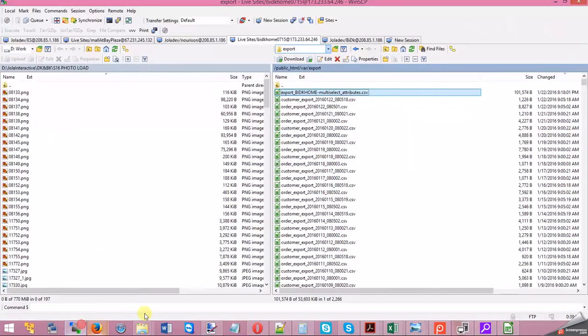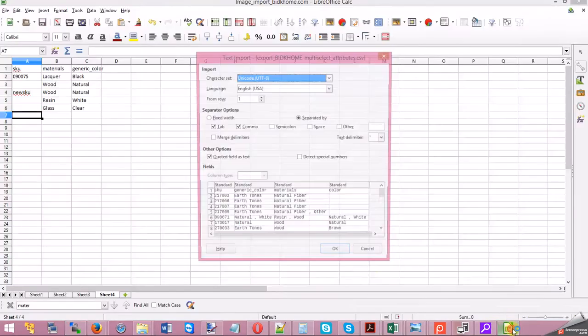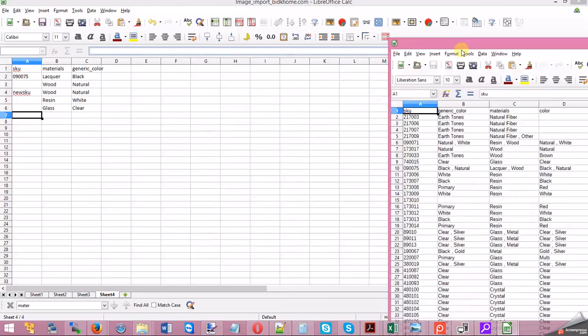Then go to the public HTML var export folder. Find the export BDK home CSV file which you generated, and then click download the file and then open the file. You will get a file like this, and